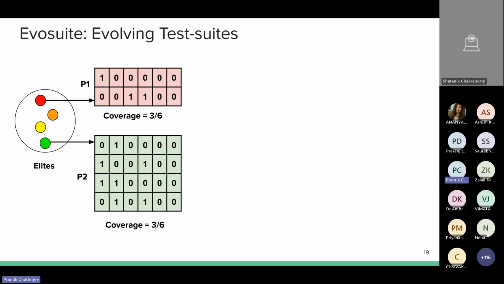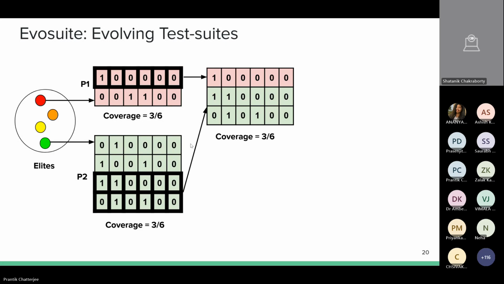Again, the coverage here is 3/6, as you are able to exercise the first component in the second and third test cases, the second component in the first, third, and fourth test cases, and the fourth component in the second and fourth test cases. So both of your parents give a coverage of 3/6.